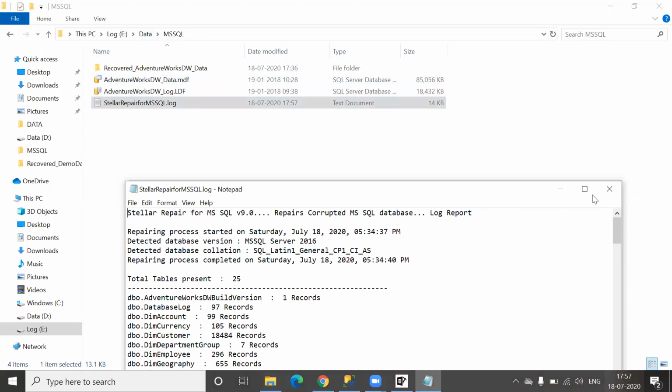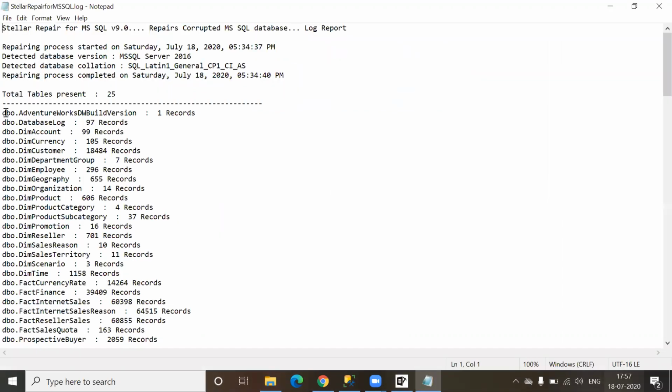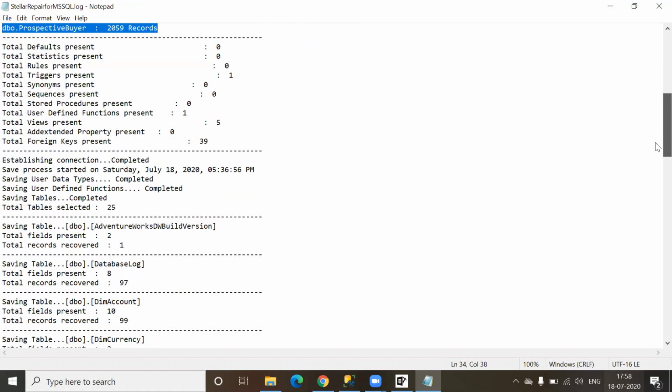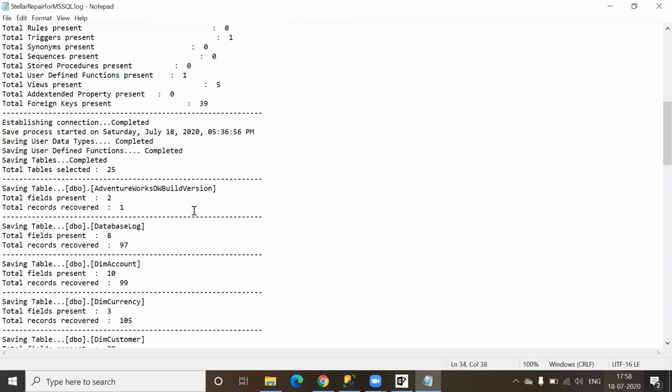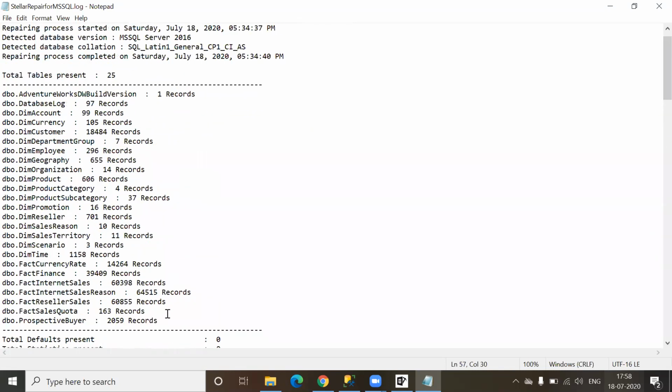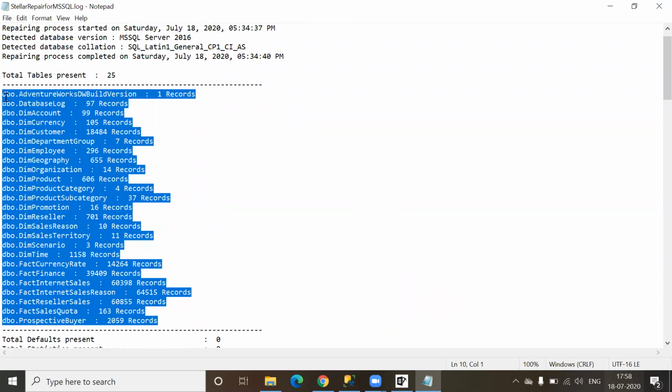Let's review the logs together. As you can see, it has taken the number of records in all tables before starting the repair, and we have the number of records in each table. Then below, with each table repair, it also tells us how many records it has recovered so far. I mean, at the end of the repair, how many records it could retain and recover from the repair process. If you match the records with this number of records, then you can find out whether there is any data loss in the whole process or not.